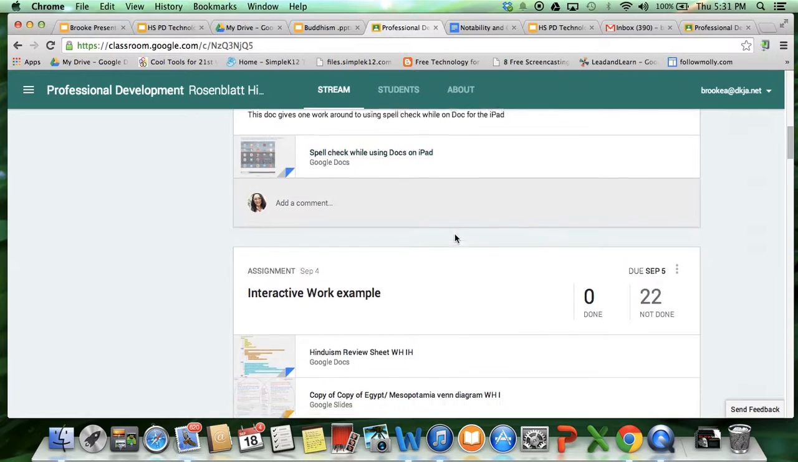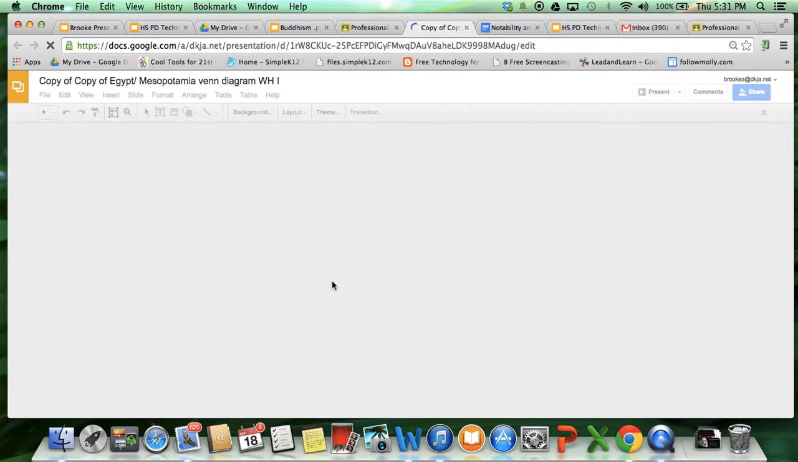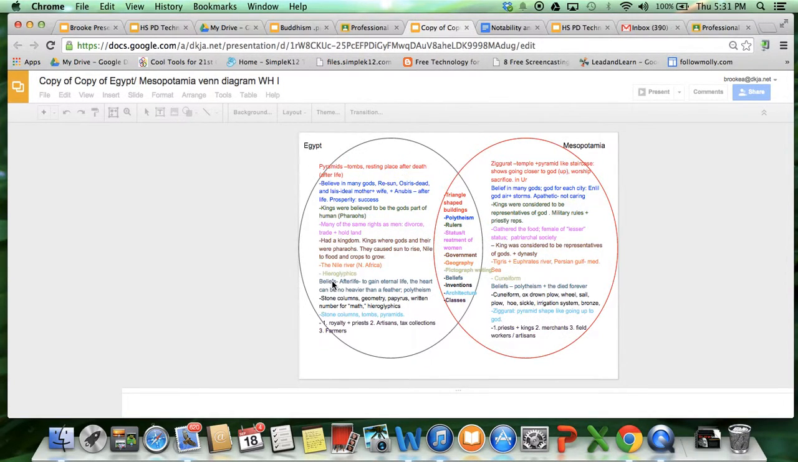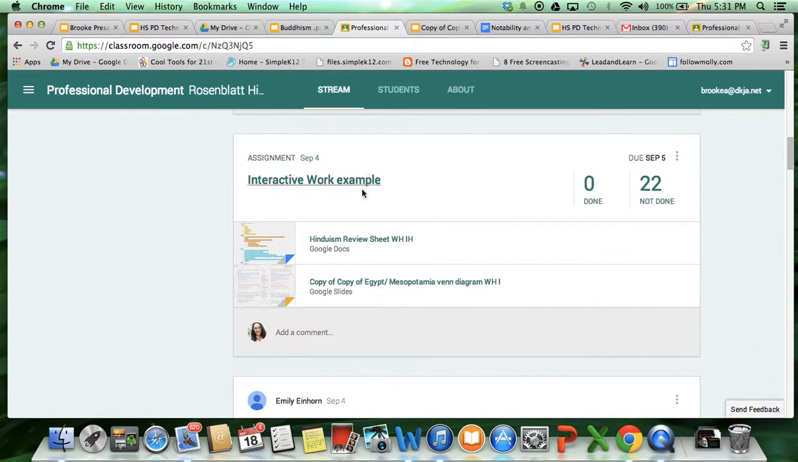We also have linked other interactive work examples, such as these best practice ideas that my students used Google Drawing to do last year. Previously, students would have to write in different colors and